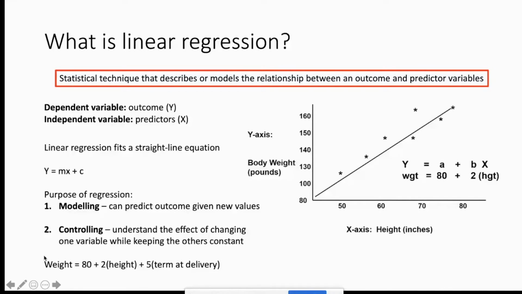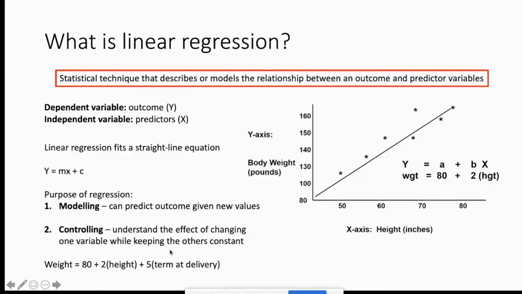So now we've gone on and collected data about the baby's term at delivery. So were they early, were they late in terms of their gestational age? And then we created a new model, and that shows that weight is equal to 80, that's the intercept, plus 2 times the baby's height, plus 5 times their term at delivery. So this can be interpreted as, if we want to look at the effect of height on a baby's weight,